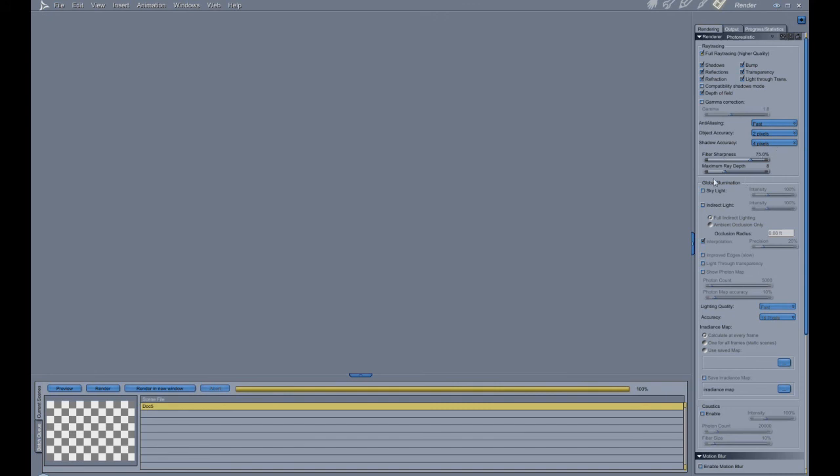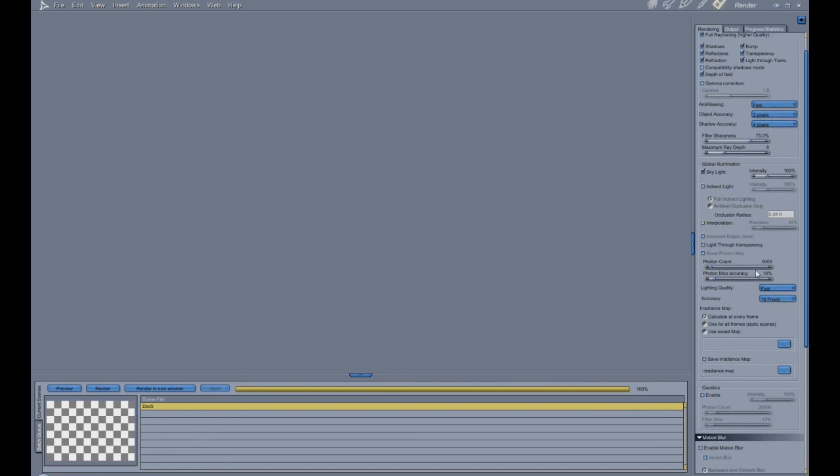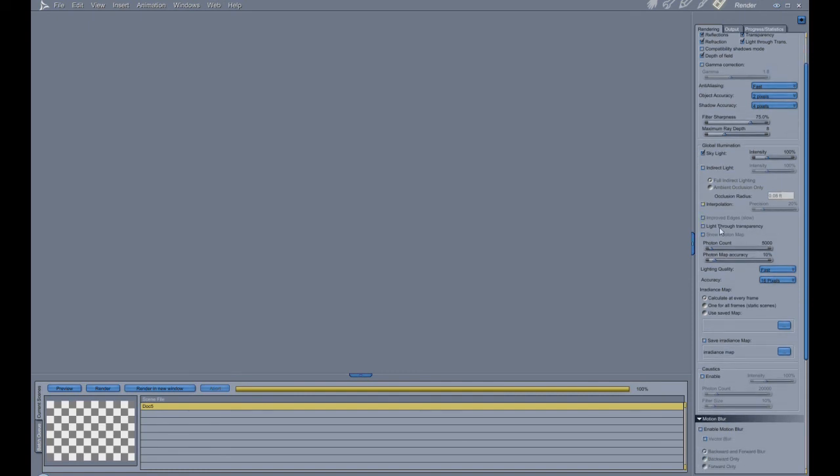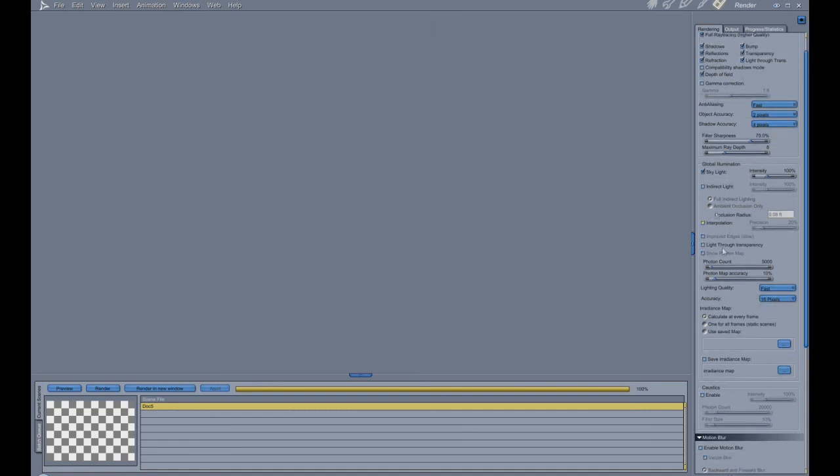filter sharpness alone. I want to use global illumination in this practice, and I want to also experiment with indirect light, but not right now. And before I forget, I want to deselect interpolation. I don't really have any transparency going on in my scene, so I'm not going to worry about that. And sometimes I don't really want indirect lighting to worry about that either if the only transparency I have in my scene is hair, because for one, I won't need the indirect lighting to pass through all of the transparency in the hair, and for another, I don't want it to. It's just gonna bog down the system